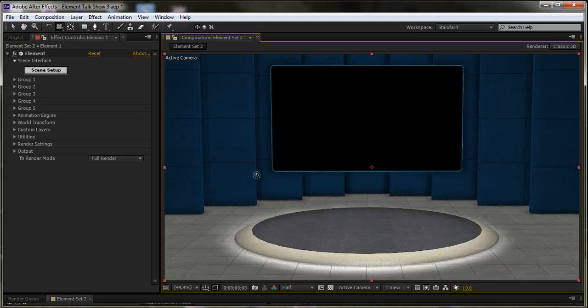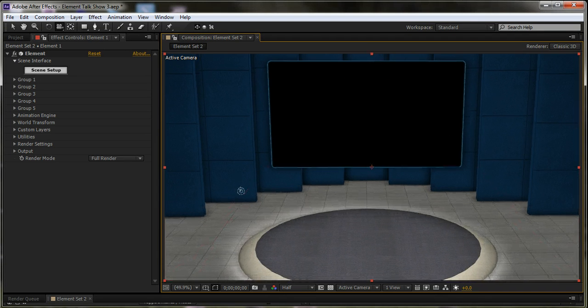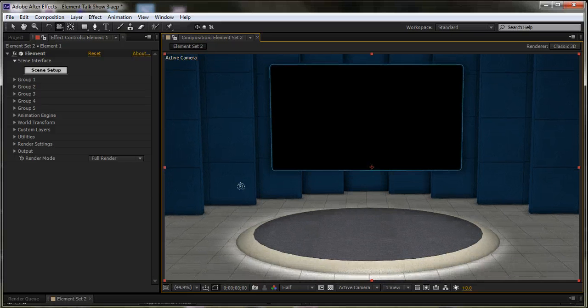What I've done today is I've created a virtual set using Element 3D, and this is just from the 3D design bundle. About $250, includes Element plus a set of textures and a whole bunch of shapes and things. However, every shape that I've used in here, everything I built this set with is a primitive, starting with Group 1,